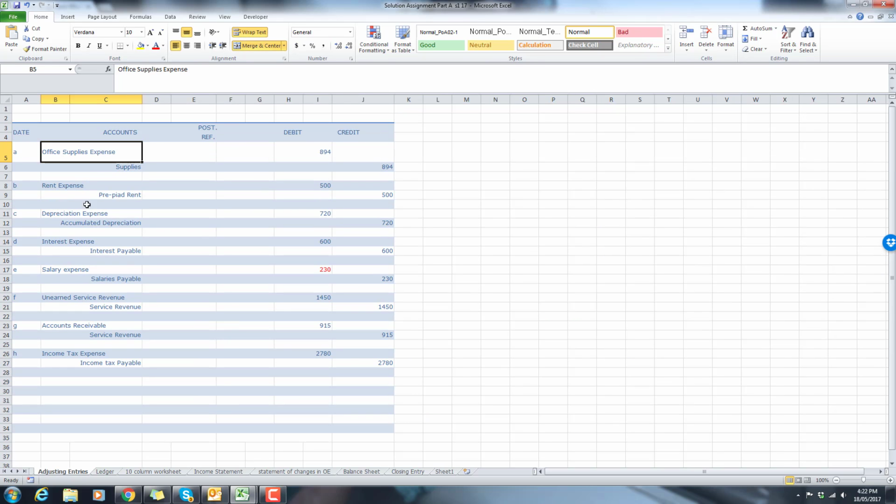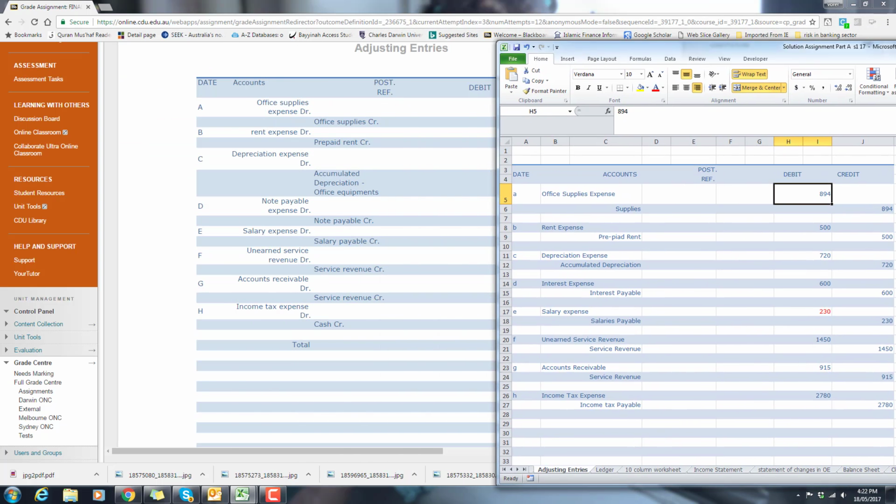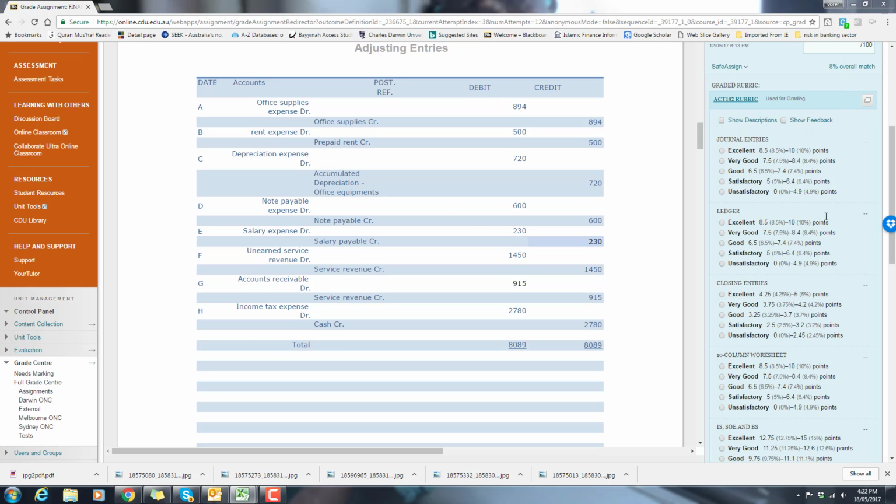So you have basically 8 adjusting entries supposed to be here, and also the dollar amount is also given here. Let's see how the students did. 10 marks are allocated for this, 10% of the whole assignment. So you can go office supplies expense debit, office supplies credit, 894, rent expense, depreciation, note payable, or